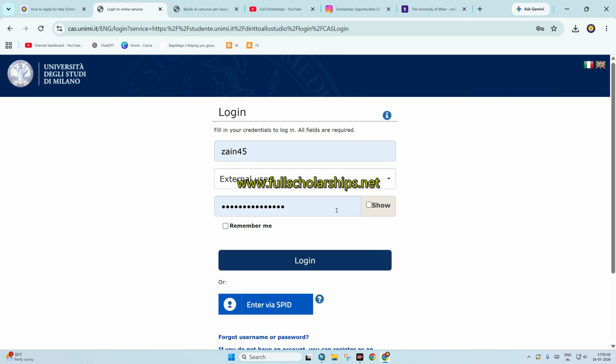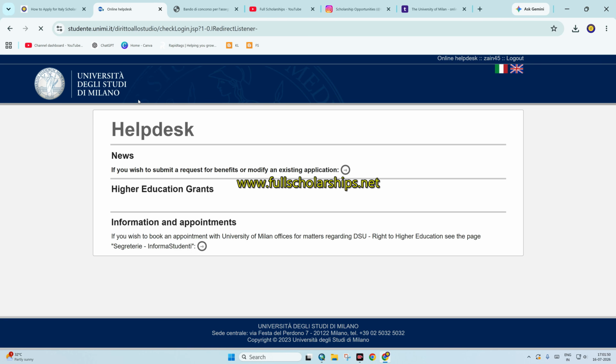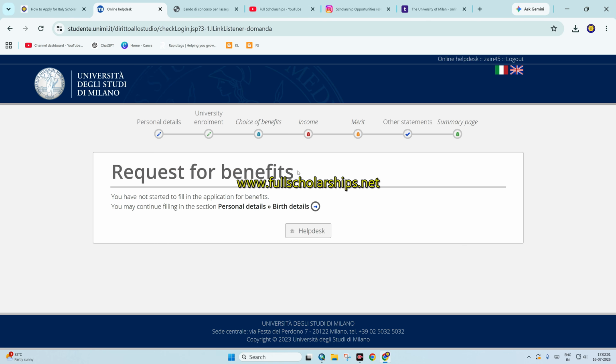Now tap on login, and it will take you directly to the form. You can see, if you wish to submit a request for benefits or modify an existing application or grants, everything is mentioned here. You can tap on this arrow here, and now we have to mention all these details here, and we can submit the application.